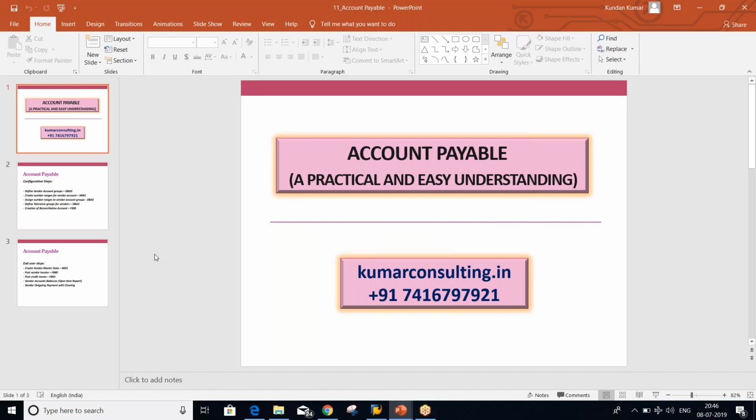So whatever vendor-related transactions are taking place, let's suppose vendors are going to send you the goods along with the invoices. So those invoices we have to post in SAP. Now,